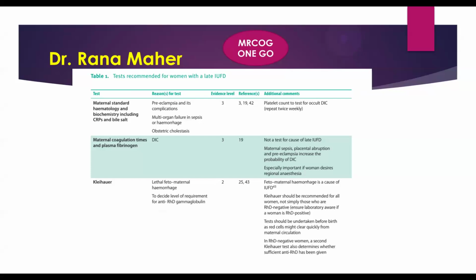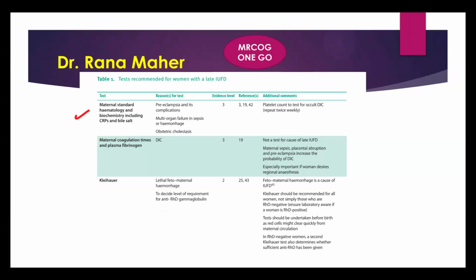So we need to offer this patient the routine blood tests like full blood count, liver function, kidney function, okay? CRP, bile acids, okay? So it's like the routine one, maternal standard hematology. Okay, guys? What else? The coagulation profile for the patient to diagnose DIC. To offer her a test for fetal-maternal hemorrhage if the patient is Rh negative or the blood group unknown,